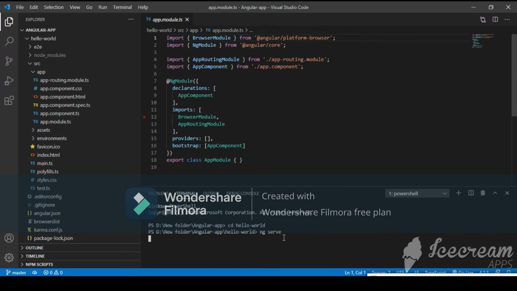This will start the compilation of the project and will open our app on localhost port 4200. We will wait for the project to run.